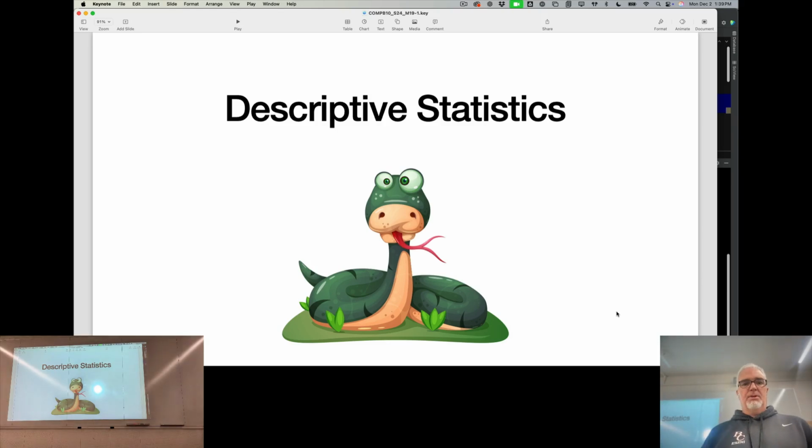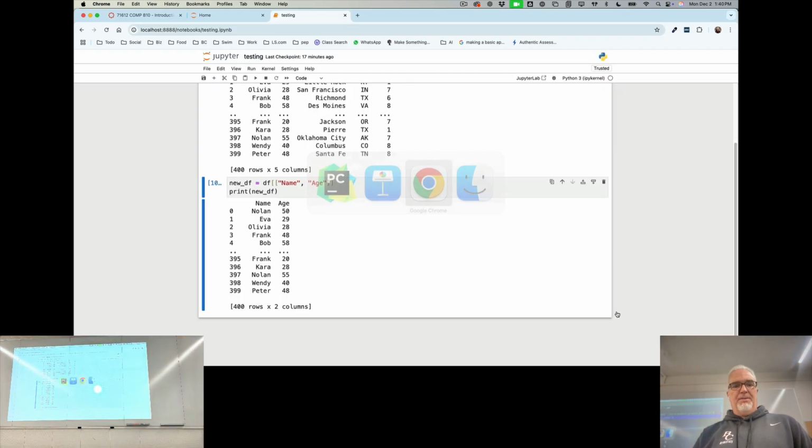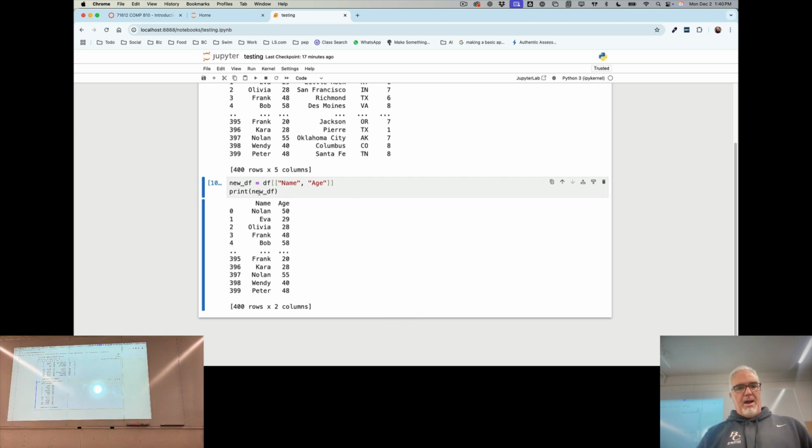What I can do here is called descriptive statistics. As we start to move from data wrangling into analyzing the data, it can give me a picture of different pieces of data. Some of these things may not make a whole lot of sense to you if you haven't had statistics, but age.mean gives me the average age in that data frame. So if I want to very quickly find out some simple things about this data,